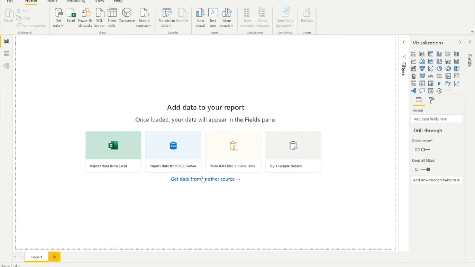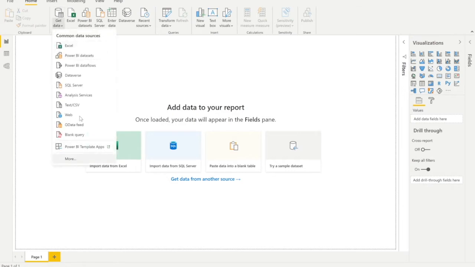I have already created my cluster, so I'll just show you how to connect to Amazon Redshift and load data. For that, we'll open Power BI Desktop, which we already have here. Then I'll connect to my options here. We have common data sources, and Amazon Redshift will come up under More.